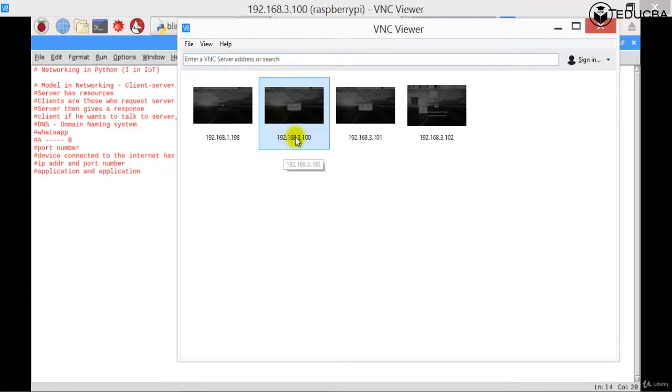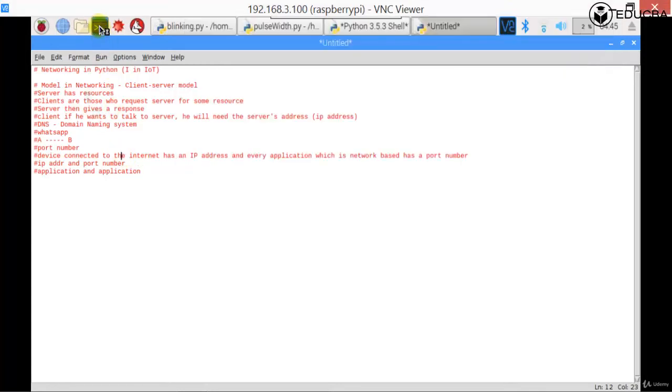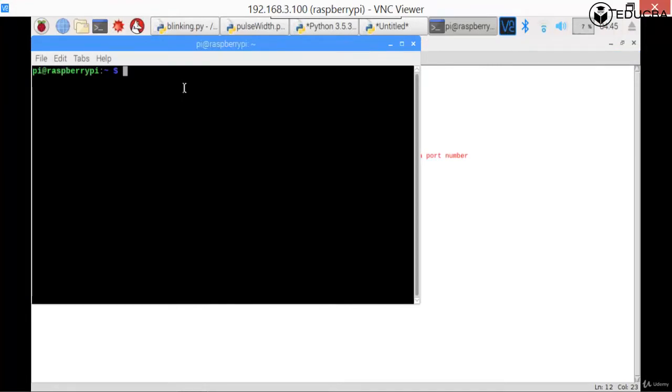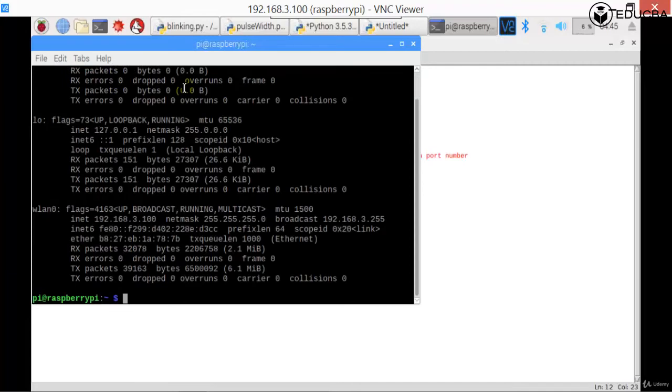So I know the address of the Raspberry Pi. What is the address of the Raspberry Pi? The address is obtained by writing ifconfig. Can you see what is the address of the Raspberry Pi? 192.168.3.100. This is the address that we have of the Raspberry Pi, correct?